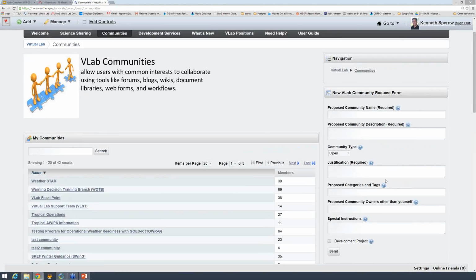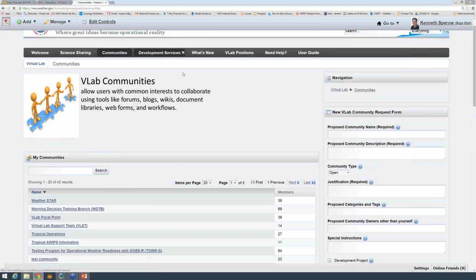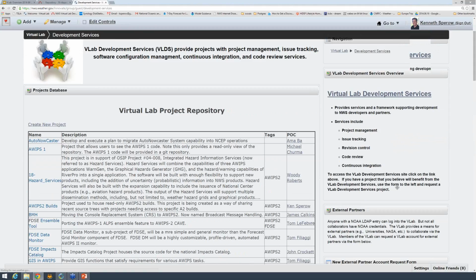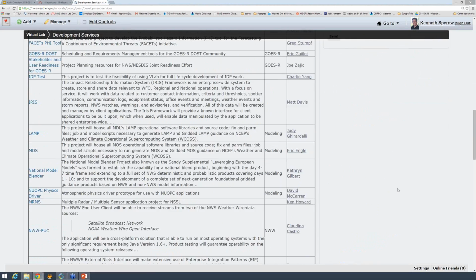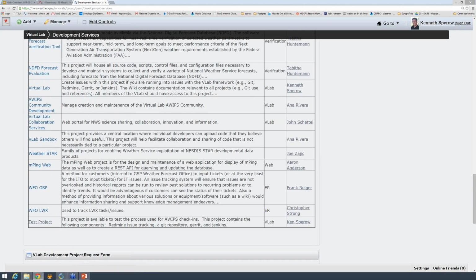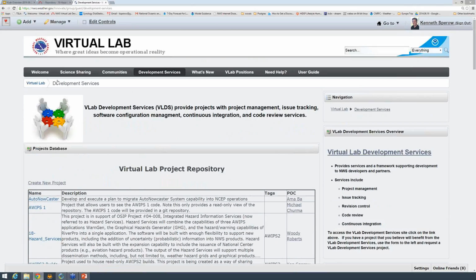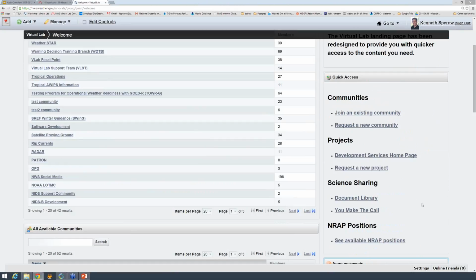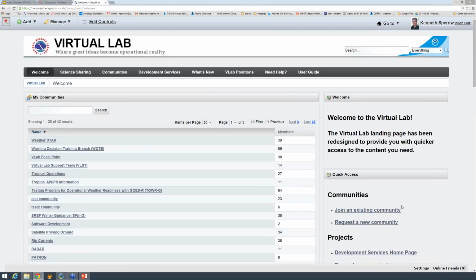I didn't highlight this either, there's just so much here. If you're interested in a community, you can come in here and request it, choosing the community type. Likewise, if you're interested in a project, you can come to the bottom of this page, where there's a request. We've got quick links on the main page to get to these, because I know I'm zooming through. Request a new community will take you right to it. Request a new project will take you right to it. So anyway,